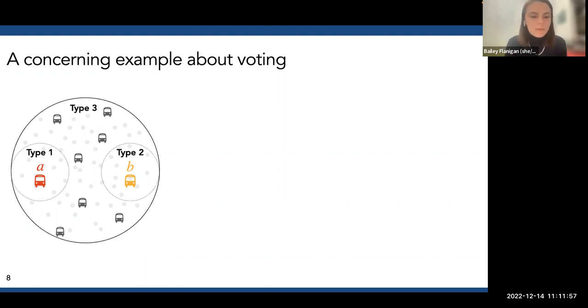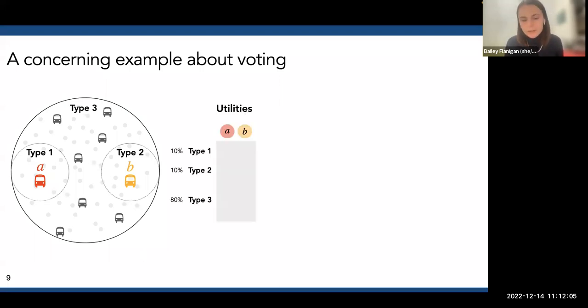Okay, so let's talk about people's preferences in this situation. We're going to divide people up based on whether they're primarily served by bus stop A, bus stop B, or neither. And we're going to use these types to define people's utilities for the different alternatives. So people of type 1, and I'm going to tell you a little story to justify their utilities. People of type 1, they tend to have cars, they are pretty wealthy, they don't take the bus. And so they're going to have a slight preference for A, but it's not going to be very strong. You can think of epsilon as a really small number.